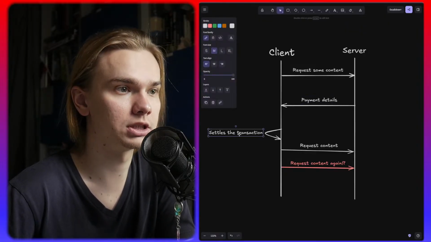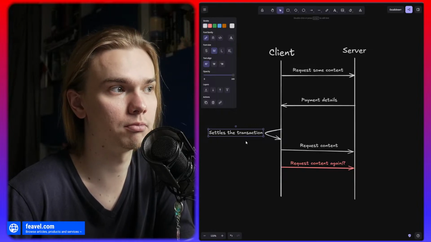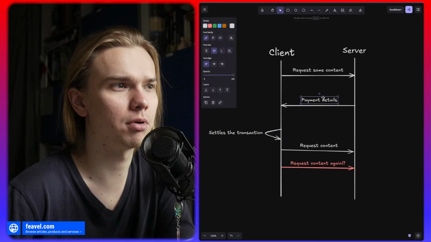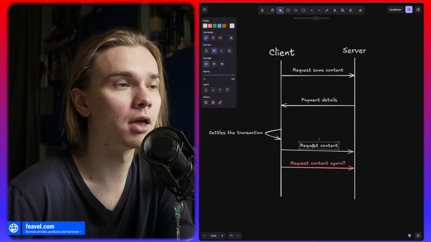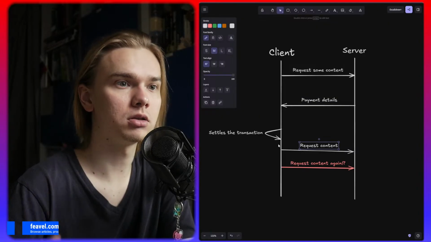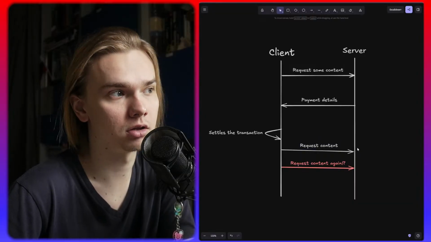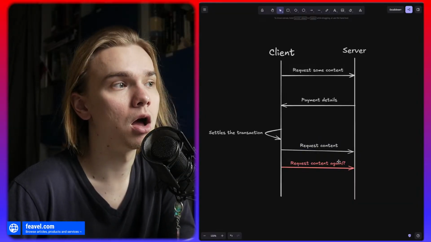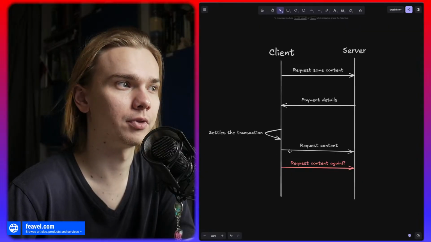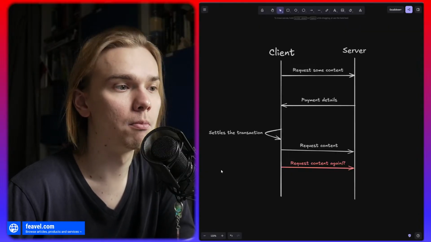Then the user settled the transaction on the blockchain by themselves using a wallet, because they already had the payment requirements. Then the user used the proof of the payment to access the server again on the API route. The server would return the content, for example the premium content, but